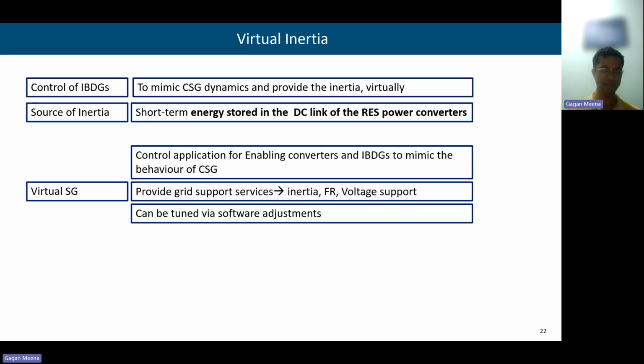Rest all the other plants are actually operating on not seawater but fresh water, using fresh water. Compressed air energy storage is there. Then pumped hydro is already done. Then we have this